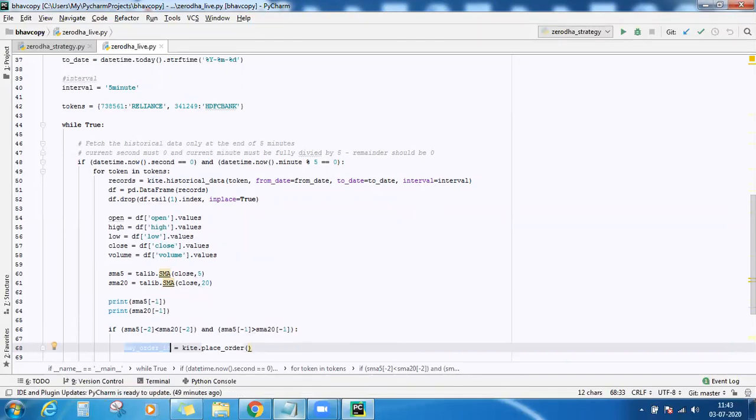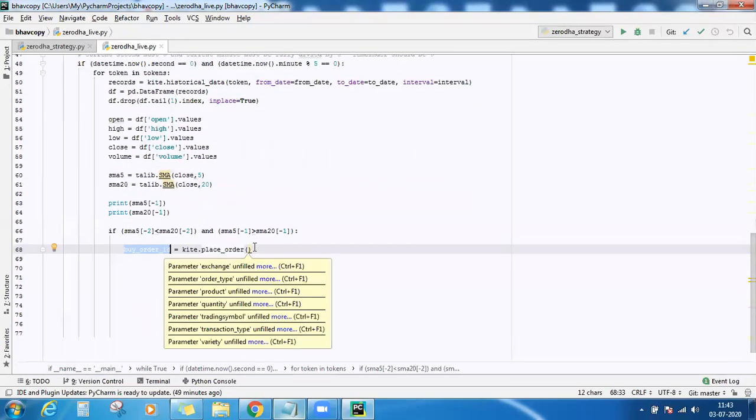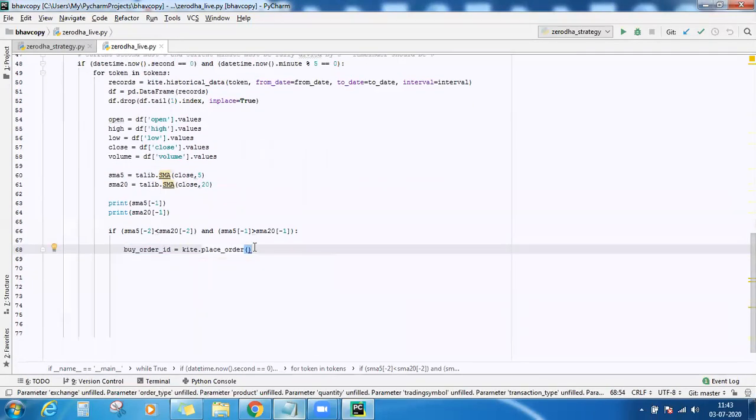Now the reason for storing this order ID is because sometime after, if your order does not get hit and you want to cancel that order, you can use kite.cancel_order, and to that you have to supply your order ID. So instead of doing it manually, we can store it inside a variable and then write an exit condition as well.